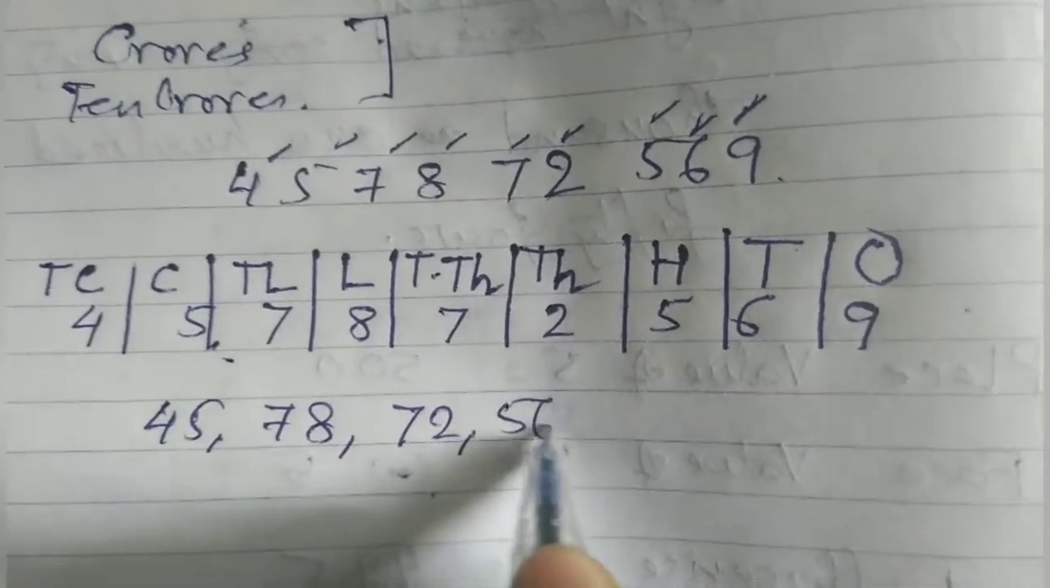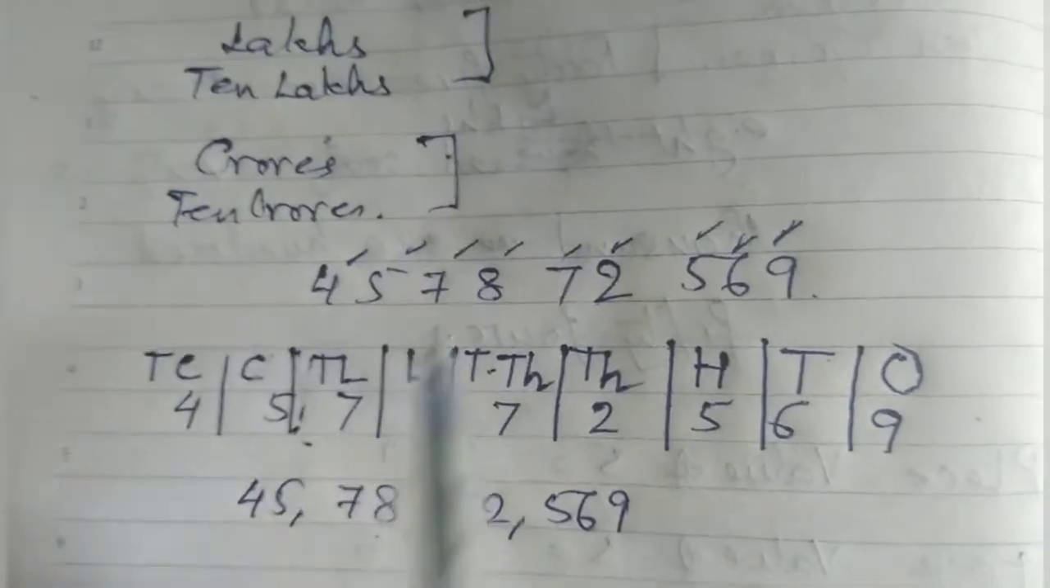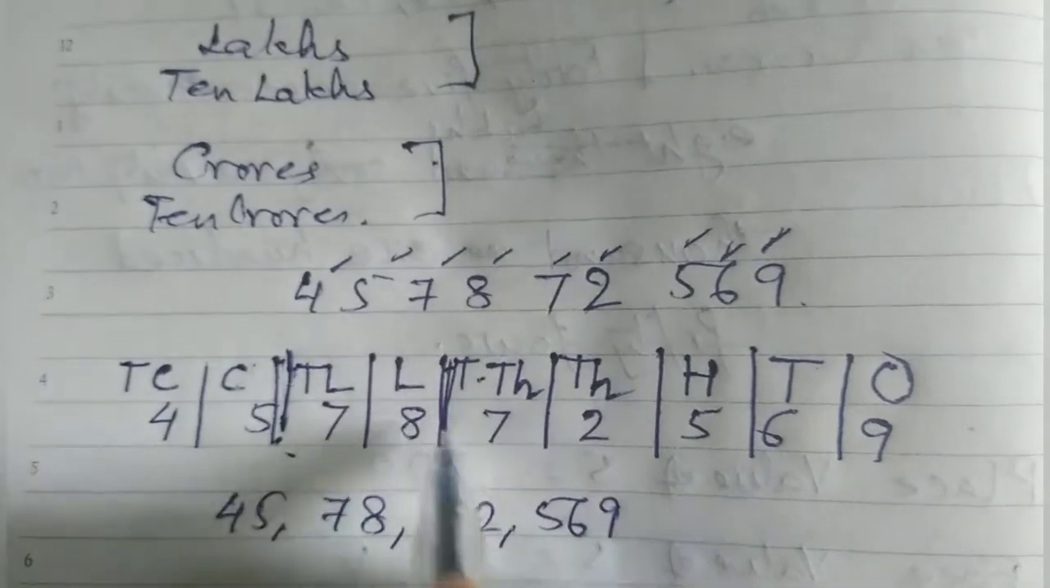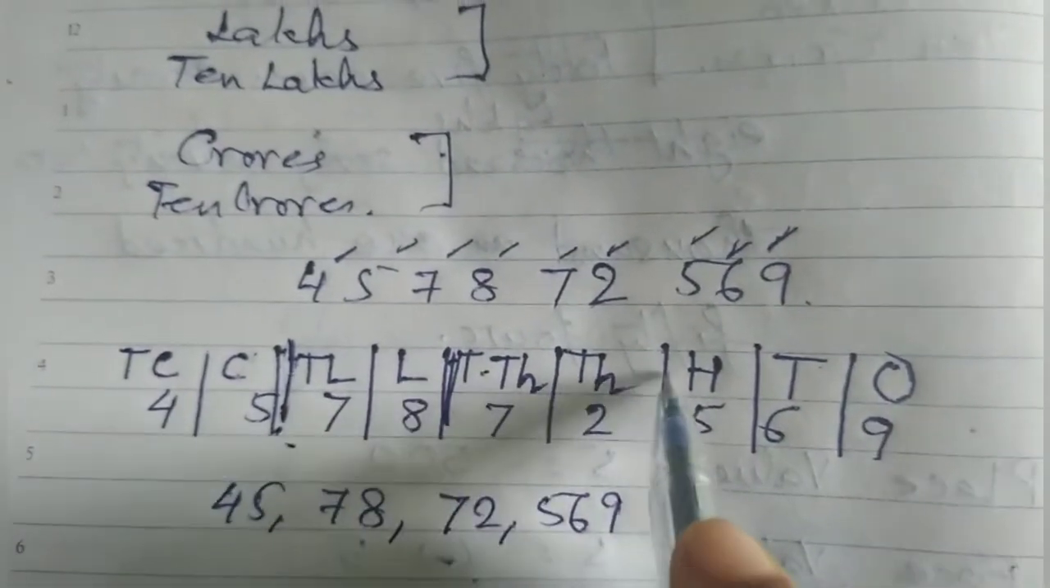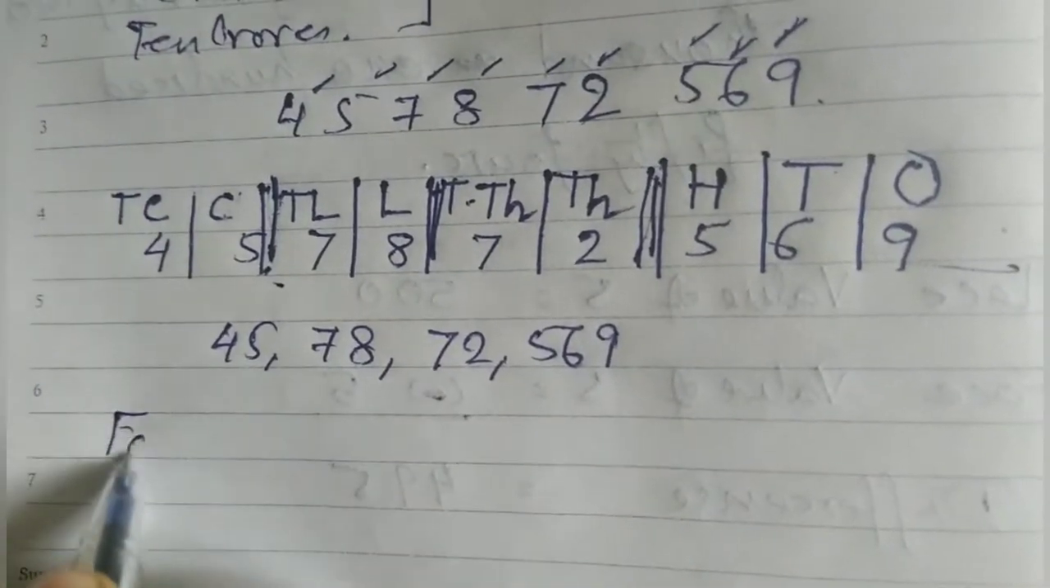72, 569. Okay. This makes crores and 10 crores a group. Lakhs, 10 lakhs makes a group. Again 10,000 and 1,000 makes a group, and the rest. Fine. So when I write it in words, it will be